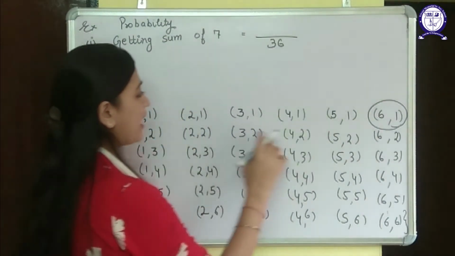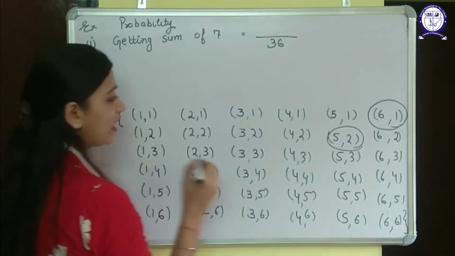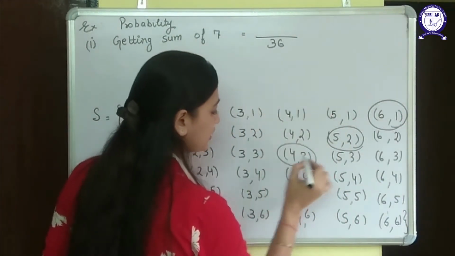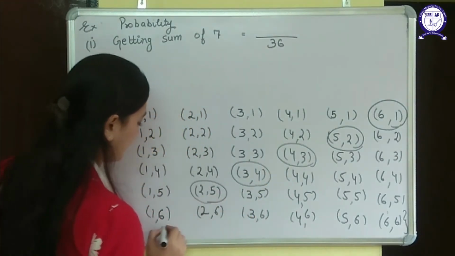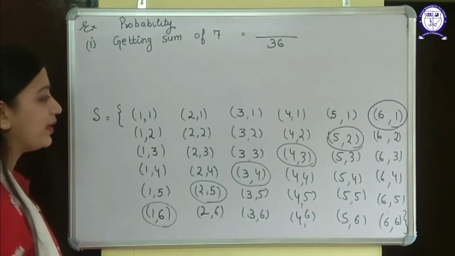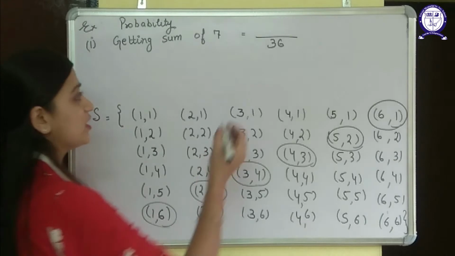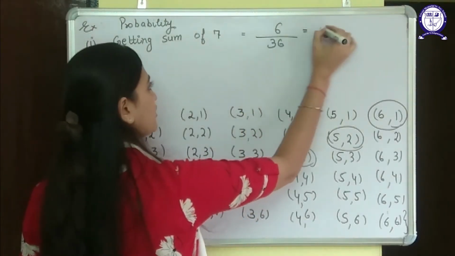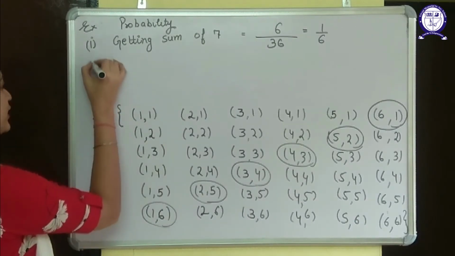Similarly, in this line I will have 5, 2. In the third line I will have 4, 3. Then 3, 4. Then 2, 5. And then 1, 6. So how many outcomes will I have with the sum 7, that is 6. So my answer will be 6 upon 36, 1 upon 6. Okay. Now suppose my second question is